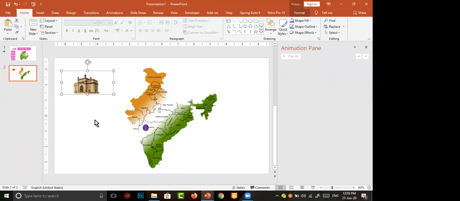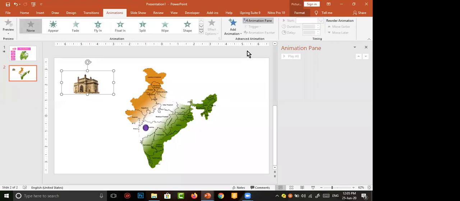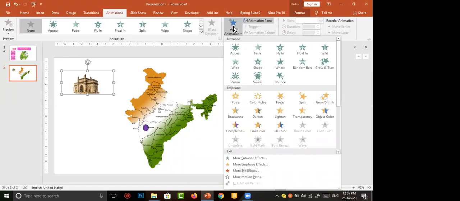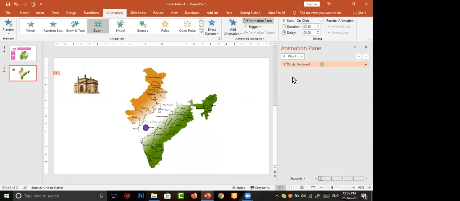Same procedure. I select this picture, go to animations, then add animation. Again, I apply zoom. When should it appear? We have to trigger it. Go to timing.